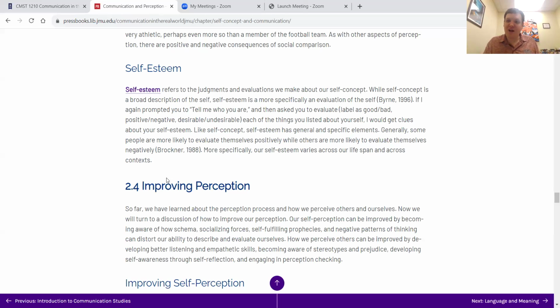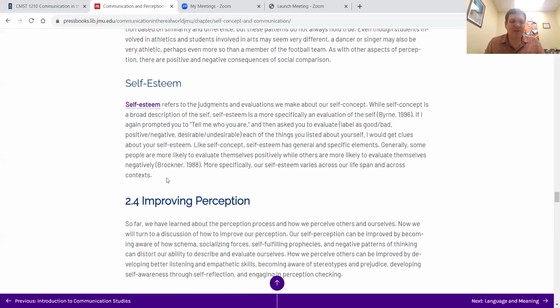Often people have a high self-concept and a high self-esteem, right? Those often will go together. We view ourselves as very good, capable, competent, and we view ourselves positively, right? So positive, positive, or negative, negative, where you say, hey, I'm a bad person, I mess everything up, just very unlucky, and our self-esteem's low, right? We don't like ourselves or other things, right? So often the self-concept and self-esteem are the same. It doesn't have to be the same though.